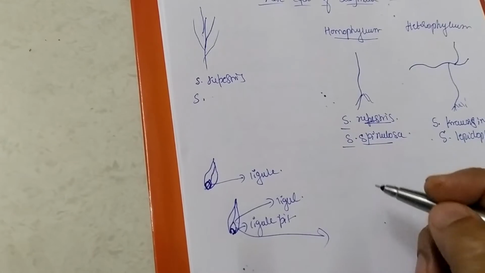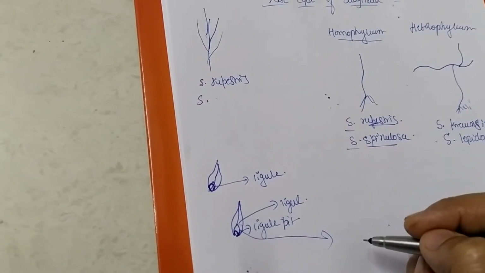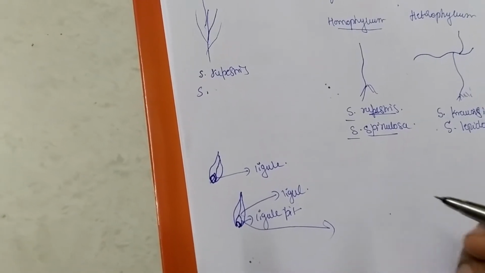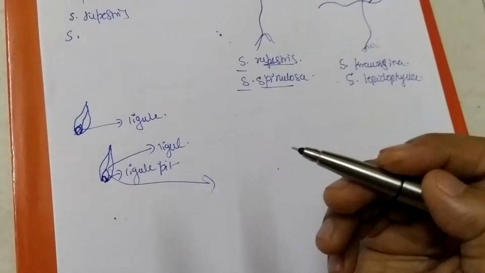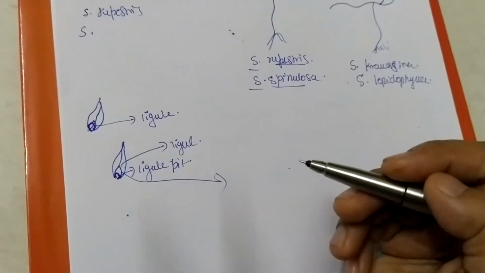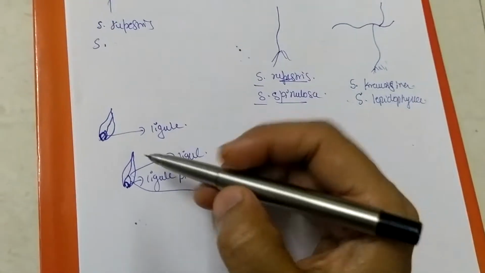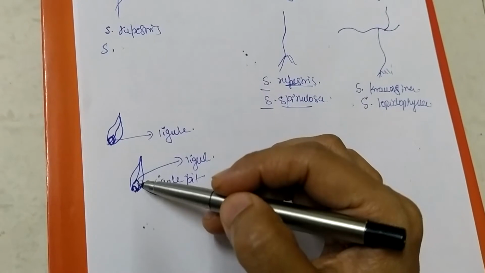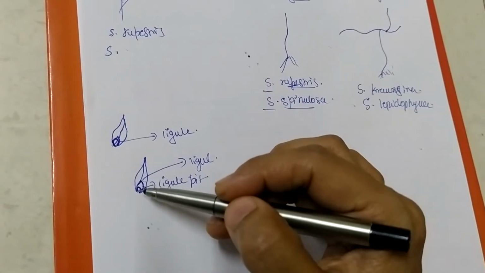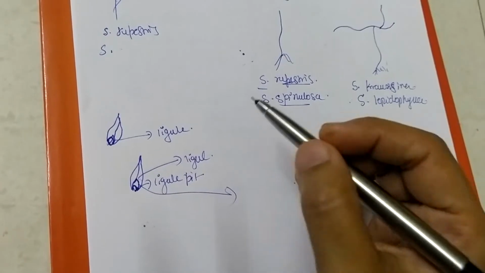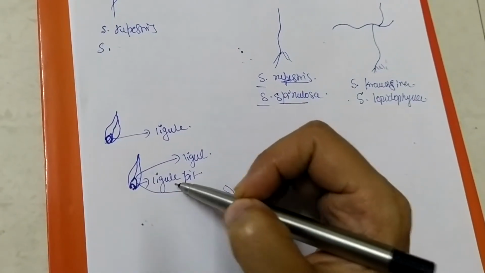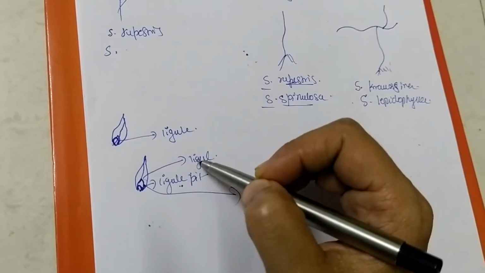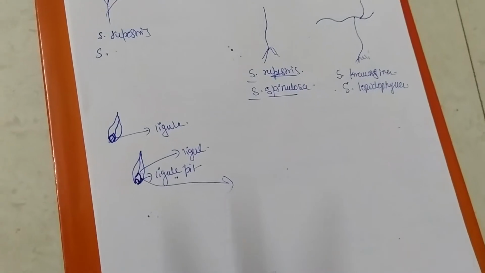Now the ligule is differentiated into two parts, the glossopodium and the body of the ligule. What exactly the glossopodium and body of the ligule are, we will discuss when we go through the internal structures of Selaginella. So for the time being, what is ligule? Ligule is a small membranous outgrowth found on the dorsal surface of the leaf at the base. There is a small pit, which we call the ligule pit. Inside this ligule pit we have this small membranous outgrowth called the ligule. This is actually a vestigial organ.